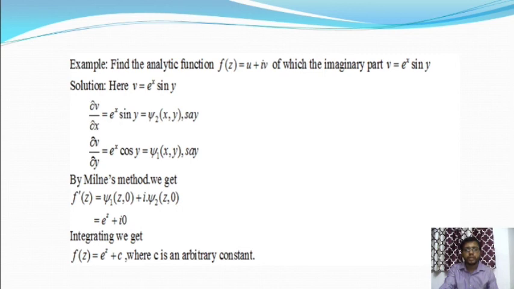Okay, so now putting x is equal to z and y is equal to 0 in the first and second expressions, we'll get e to the power z, first one. In the first expression we'll get 0, that is phi 2 of z comma 0 will be 0, since sin 0 is equal to 0. And in the second expression, if we put x is equal to z and y is equal to 0, we will get e to the power z into 1, that is e to the power z. Okay, now integrating on both sides,